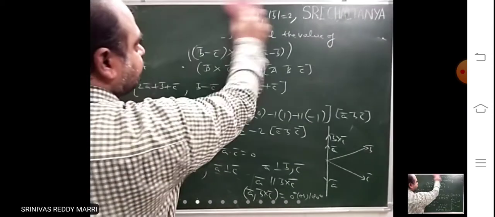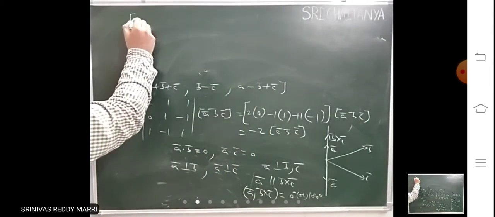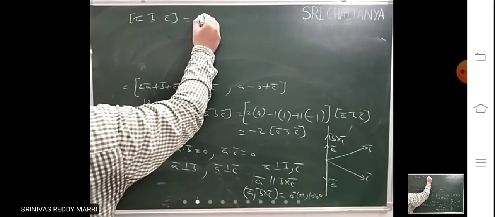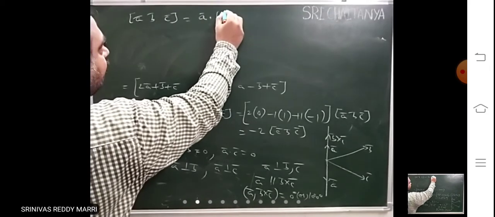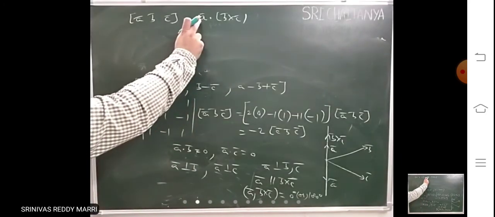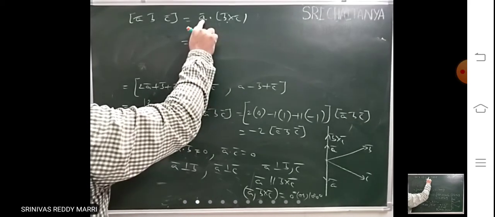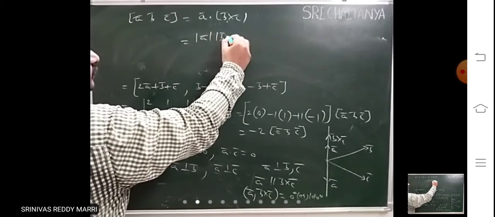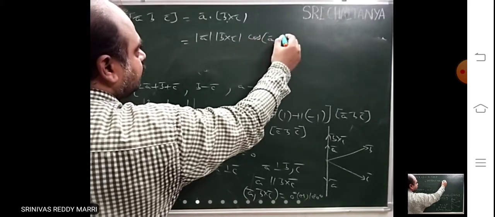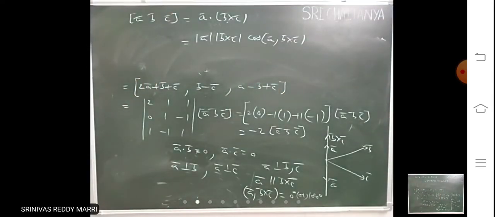Angle between A bar and B cross C you got. Now look at, you calculate this one. That means I am writing the definition A dot B cross C. Why have I preferred this definition? Because the angle between this and this you know. That means this can be written as A bar dot B bar cross C bar, use that rule, into cos of the angle between A bar and B bar cross C bar. That is the definition of dot product.